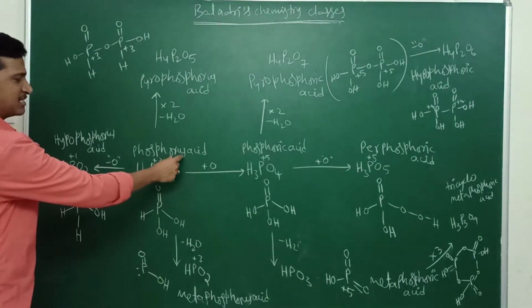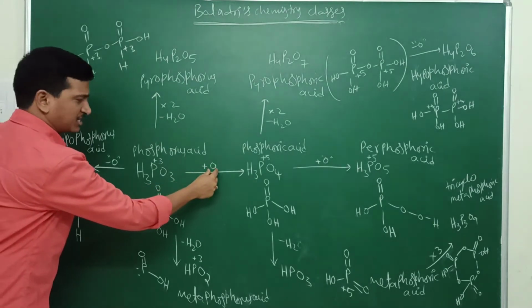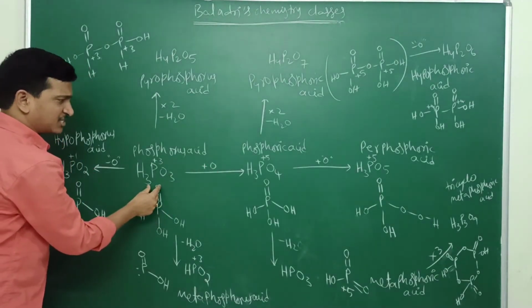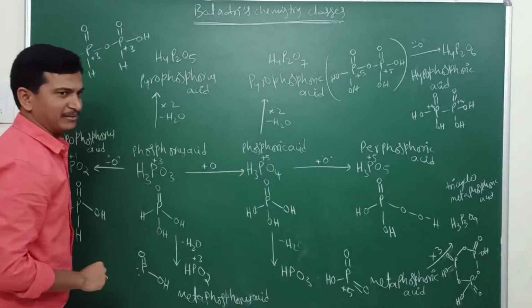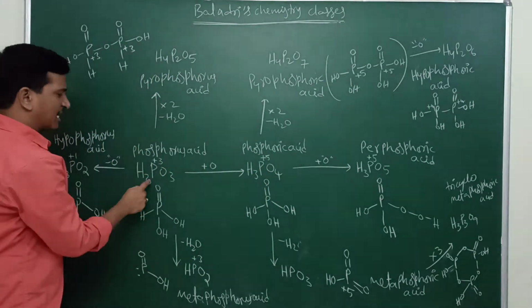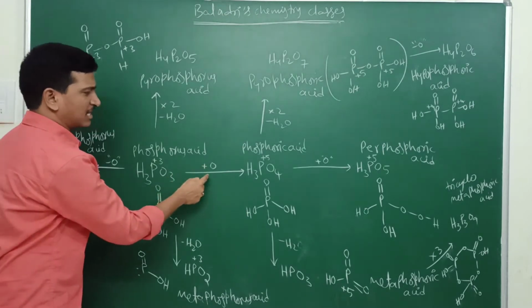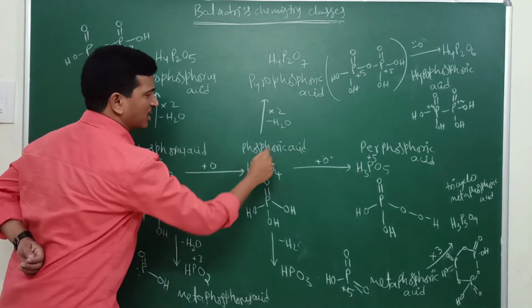Now, how to remember systematically, without confusion, the oxyacids you will come across? You can take ous acid, phosphorus acid, and add one oxygen. For ous acid, if you add one oxygen, you will get ic acid. It is called phosphoric acid, H3PO4. It is H3PO3 now; you can add one oxygen, you will get H3PO4. It is called phosphoric acid.